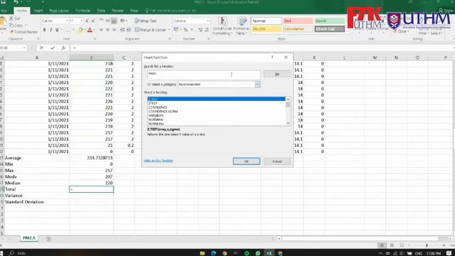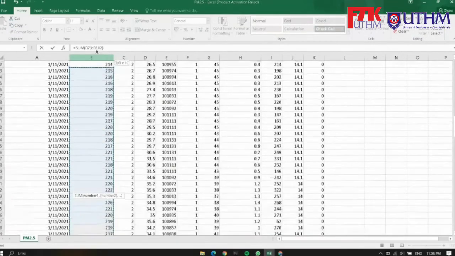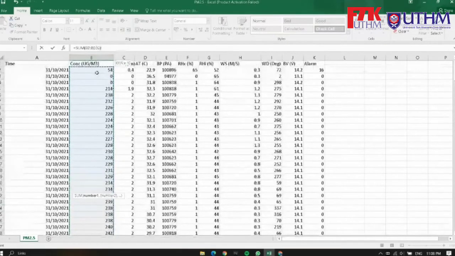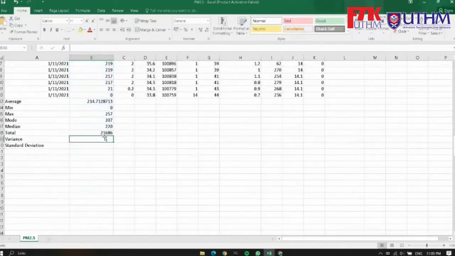In order to find the total, there's this option here called sum, or you can just click AutoSum immediately. As you can see, the box appears again, and you have to select the value again. After you select it, click enter, and that's your total.